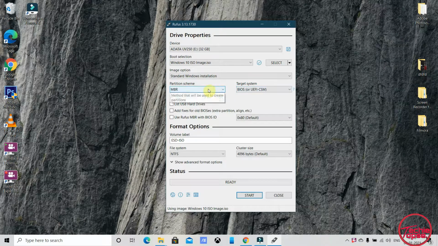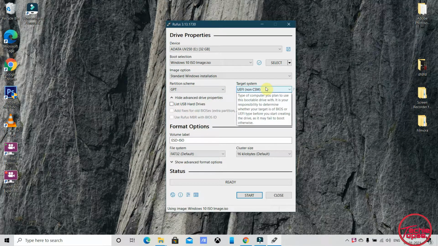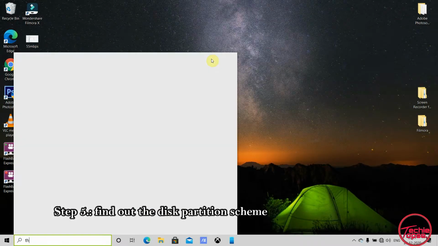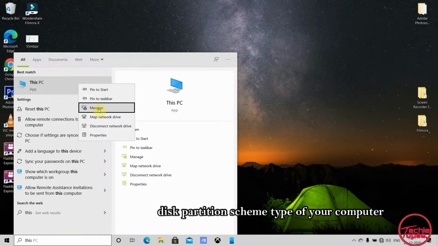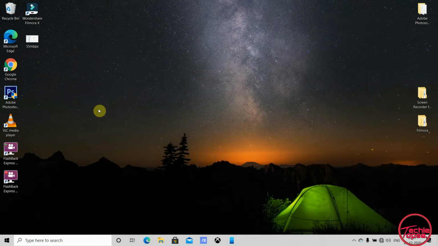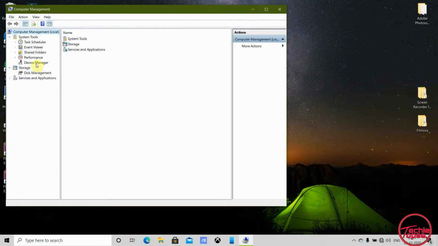Now we have to select the partition scheme for our existing system, whether it is MBR type or GPT type. For that we have to do the following steps. To find out the partition type of your existing PC, go to This PC and click on it, then click on Manage and click on Disk Management.